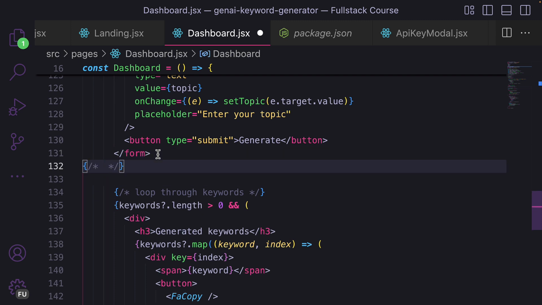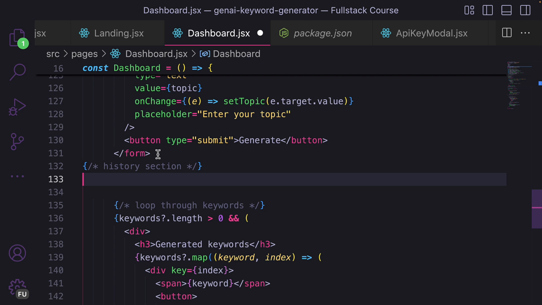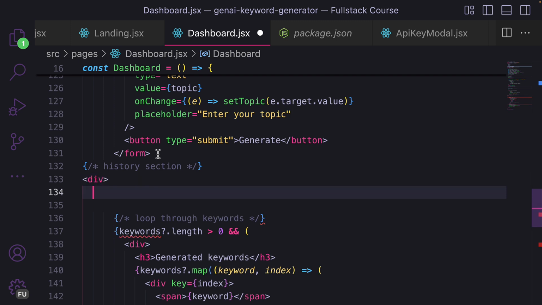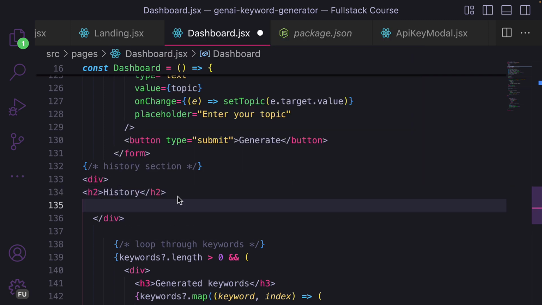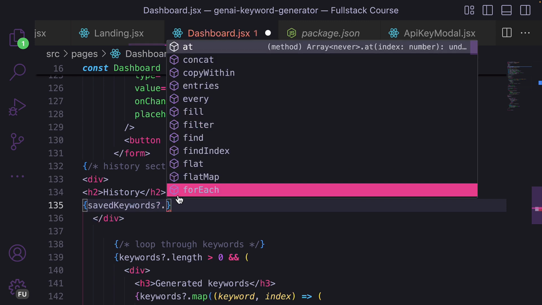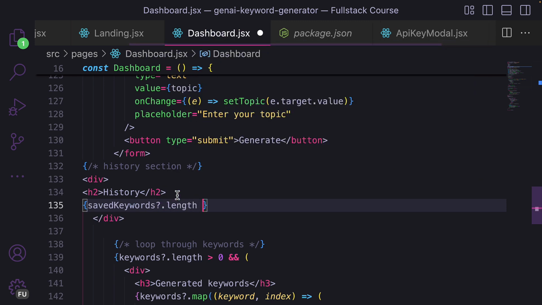So I'm going to say that history section, and let me provide a wrapper as a div, and then h2, I'm going to say that history, and then we're going to look through. So first, we're going to check in case the saved keywords dot length is more than 0, then end operator,